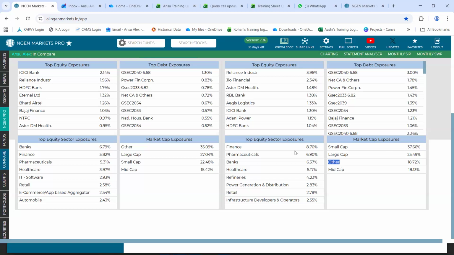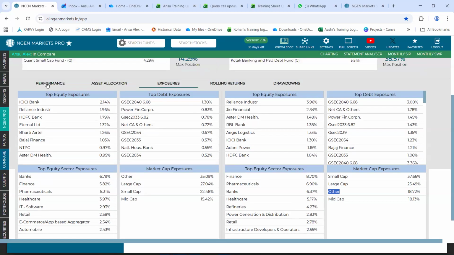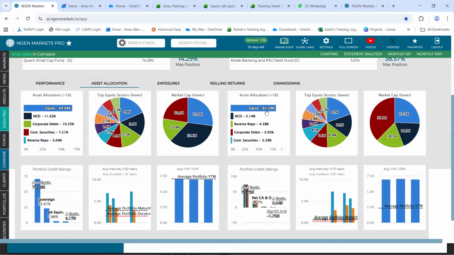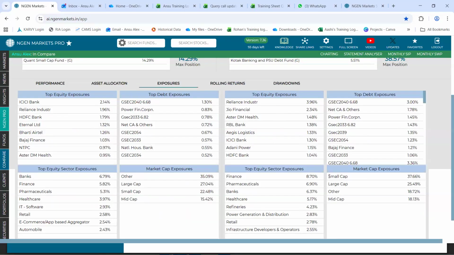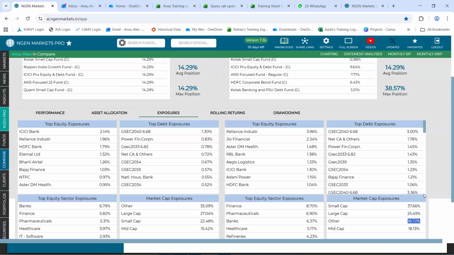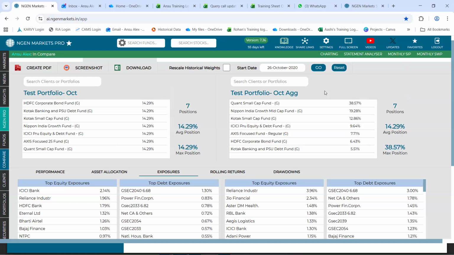Now, this others section that you see will cumulate everything other than equity. That is, if you consider the entire portfolio to be equity, in this 81%, everything other than this, the NCDs, reverse repo, or any other short positions for that matter, will form a part. It will show up in this others section. So you can see that in this aggressive portfolio, other than equity, the other components form a part to an extent of 18.72%.